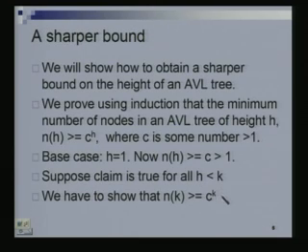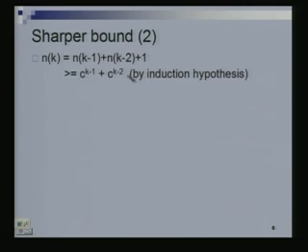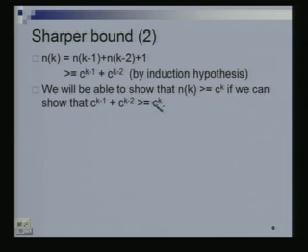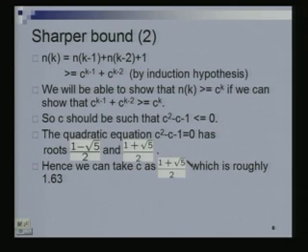If this becomes h minus 1, this will become k minus 1. This would continue as it is. This will become k minus 2 plus c k minus 3. We have to prove this is greater than or equal to c k minus 1. Everywhere there will be a minus 1, so that you will still get the same quadratic inequality. So the value of c would still turn out to be the same. In the end we get n of h is greater than or equal to 1.63 to the power h minus 1. Please make that small correction.